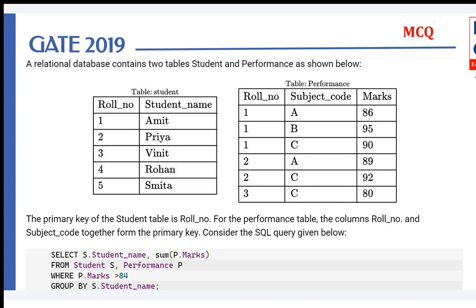Okay, so you will exclude one of the rows, which is this row, right? Because the P dot marks is not greater than 84. It's 80. So now cross join, what does it mean? It means you will join this one with this row, this row, this row, this row, and this row, right? You will join them with these rows. So you get 5 different rows, but you then group by the student name and you take the sum of